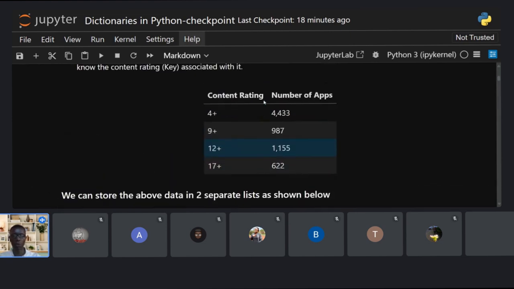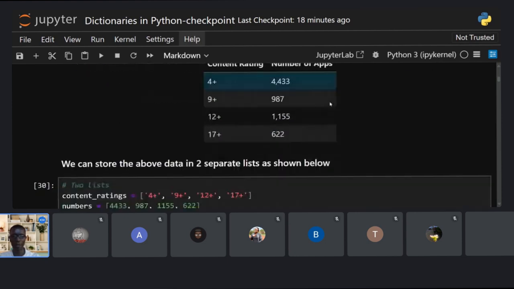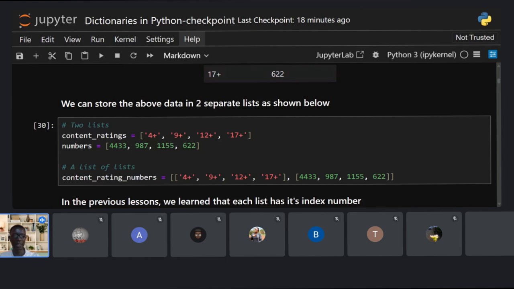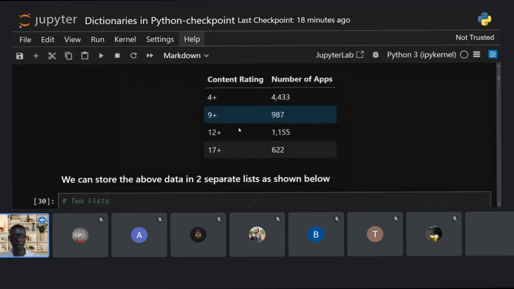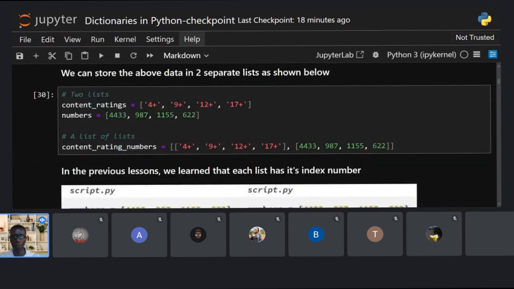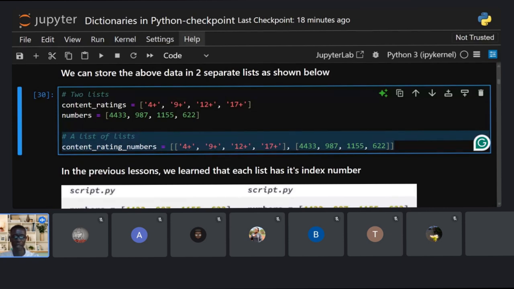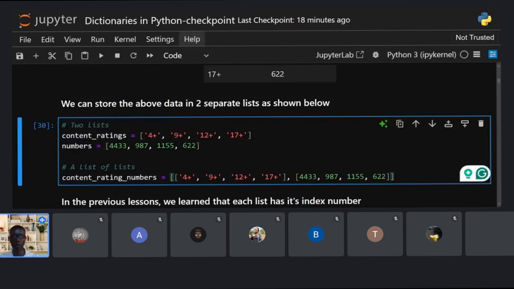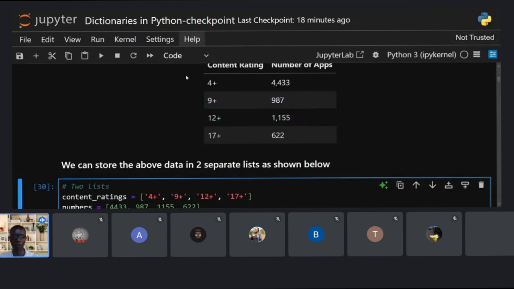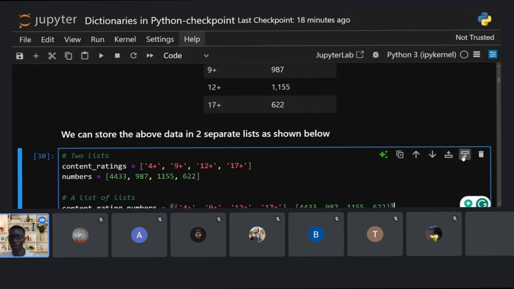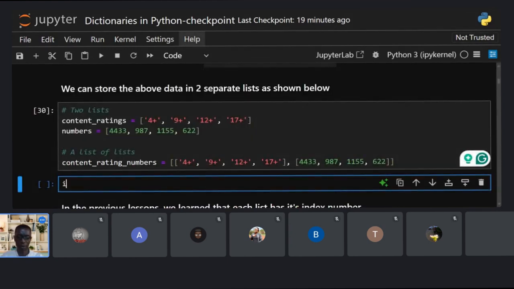And we can choose to use a list. However, that's going to be cumbersome for us. If we choose to use a list, it can look like this. You could have two lists, one for the ratings and one for the number of apps. And you could probably use something like this nested list over here. It's Pythonic, albeit very cumbersome to read, because in the Zen of Python, we believe in what's called simplicity. If you import this, we believe in less is